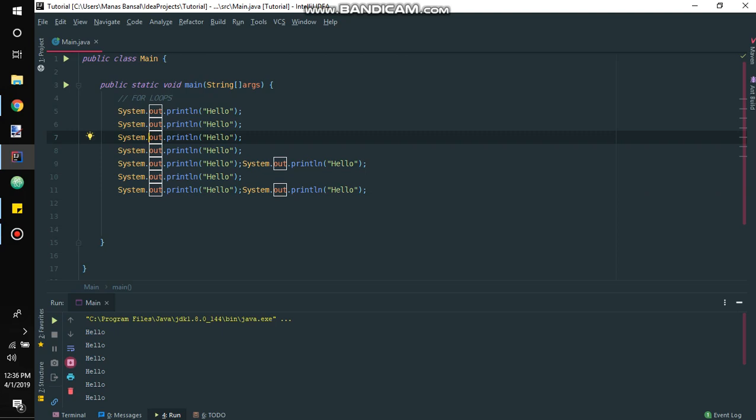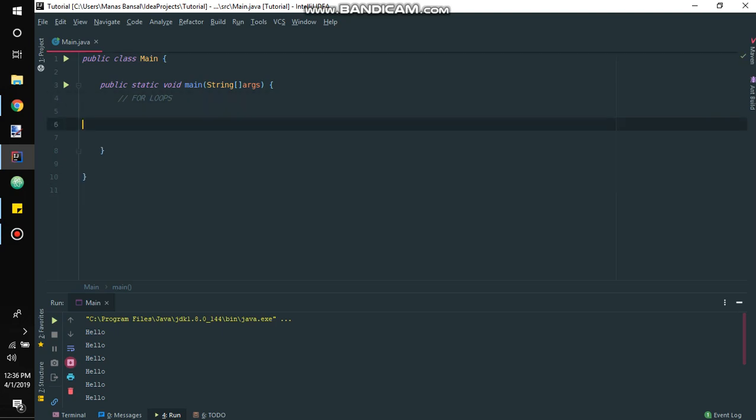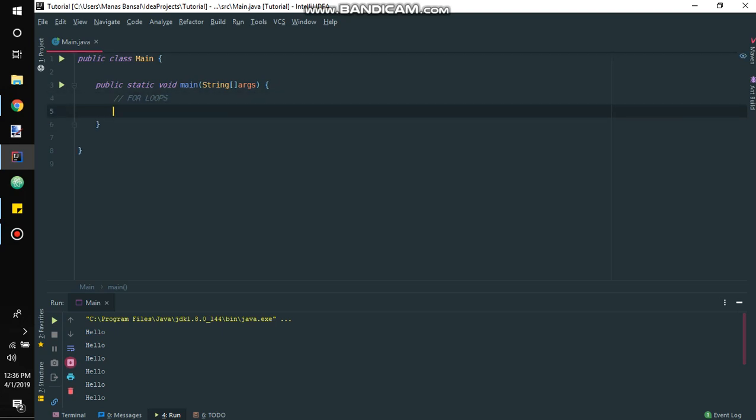So there is a better way to do this, which is called loops, and the first type of loops in Java is called for loops. For loops are very simple actually, and I will also tell you the logic behind them. What you start with is the keyword for, and it takes in three arguments. The first argument is the starting condition, the second one is the ending condition, and the third one is basically the increment. So you make a variable, let's say int i, and you start at the starting position,